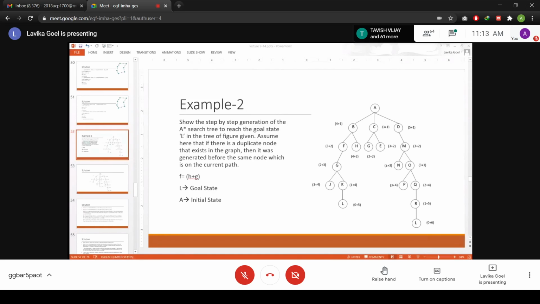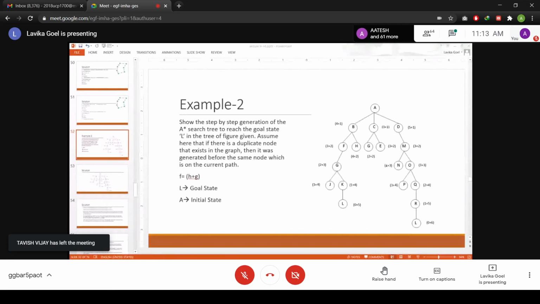It's written 2 plus 2. So that is H plus G. So that means G is 2 for this particular G. Fine. And if you consider the left hand side branch of the tree, then the G value is 3. 2 plus 3 it is given. For the left hand side G, it is given as 2 plus 3. Right. So H plus G. So the G value is 3. So 3 and 2 you have to compare.